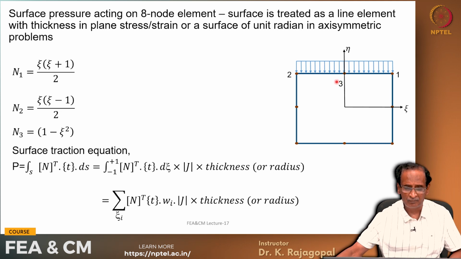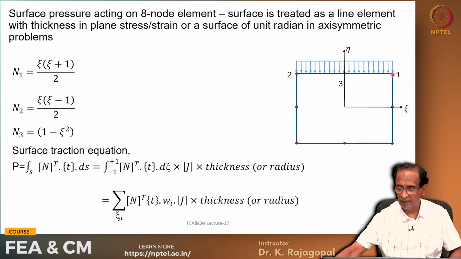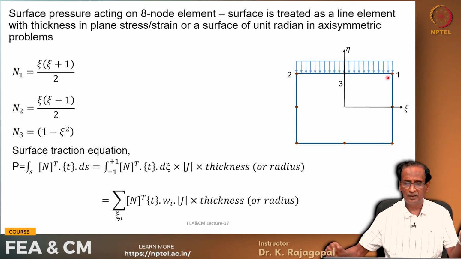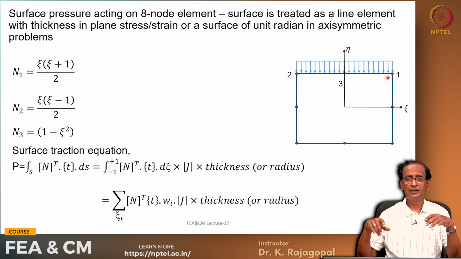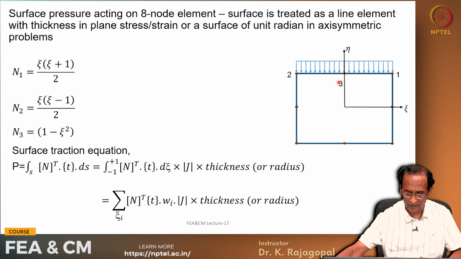So, let us look at the surface pressure acting on an 8 node element, and we can treat it as a line element with some thickness or unit thickness. We have already derived the shape functions in the context of one dimensional isoparametric elements. N1 is xi times xi plus 1 by 2, N2 is xi times xi minus 1 by 2, and N3 is 1 minus xi square. And our equation is N transpose T ds,